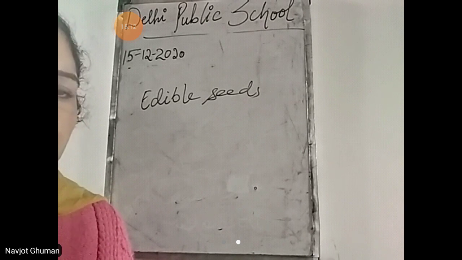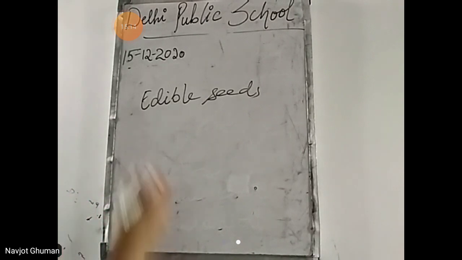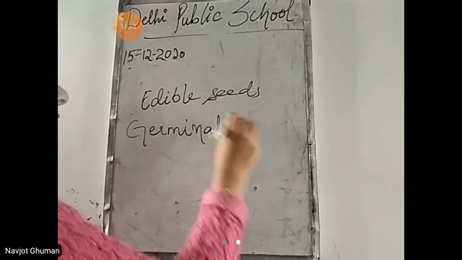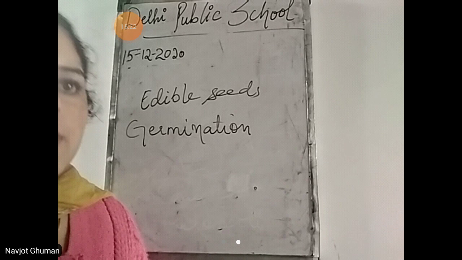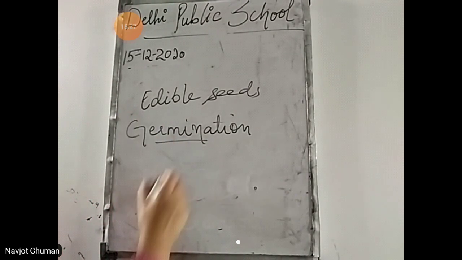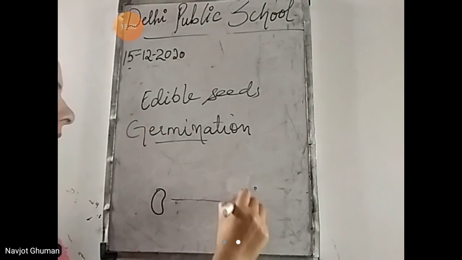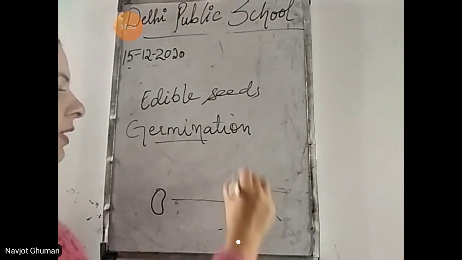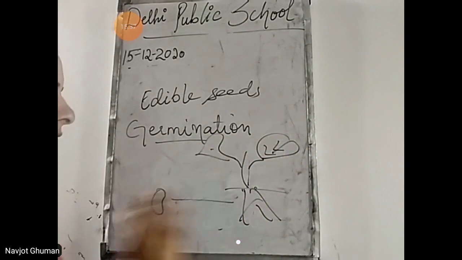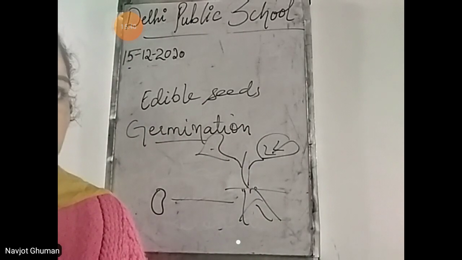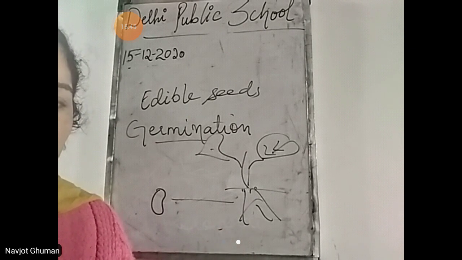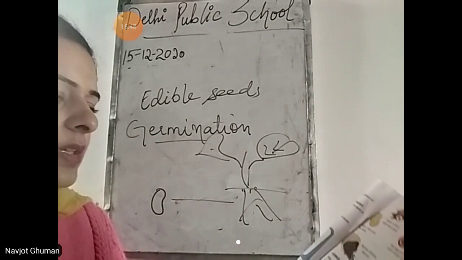Next topic comes the germination. Last topic and very important topic of this chapter is germination. What is germination? The process by which a seed grows into a new plant is called germination. जिस प्रोसेस से जो आपका सीड है एक नए प्लांट में कन्वर्ट हो जाता है, that is called as germination. And it goes through various stages. काफी stages आती हैं इस प्रोसेस में. And what does a seed need to grow into a new plant? A seed needs air, water, warmth, that is the heat from the sunlight.